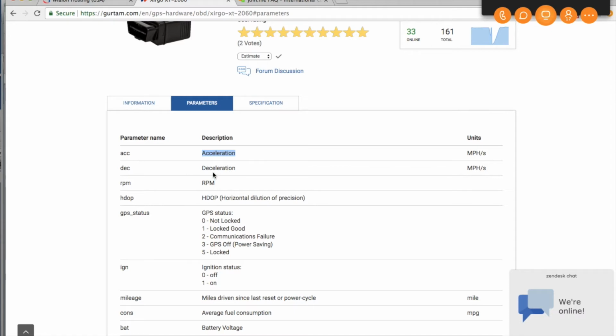Once you answer such questions to yourself about each parameter, and again, if the meaning is not very clear, ask for support. Ask the support of the manufacturer of the device what exactly this data means. How can I use it? Okay, and this decision should still be made by you, because sometimes less is better than more, and sometimes you just need a few sensors, a few parameters that will be used to inform your customers about the most critical data, to set up the notifications, to be used in reports, and so on. Okay,